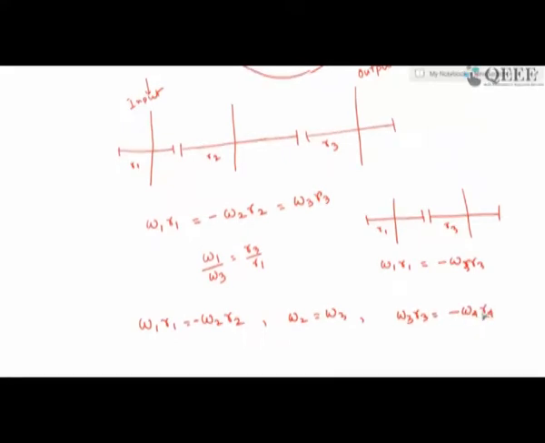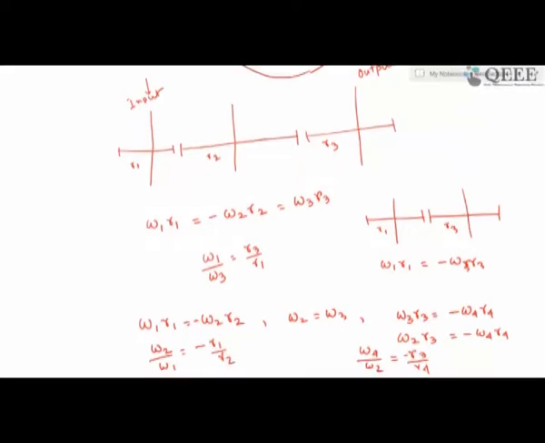So therefore what we have is omega 2 R3 is equal to minus omega 4 R4, and therefore omega 4 by omega 2 is equal to R3 by R4 from this side, and from the other side omega 2 by omega 1 will be, I forgot a minus sign here, R1